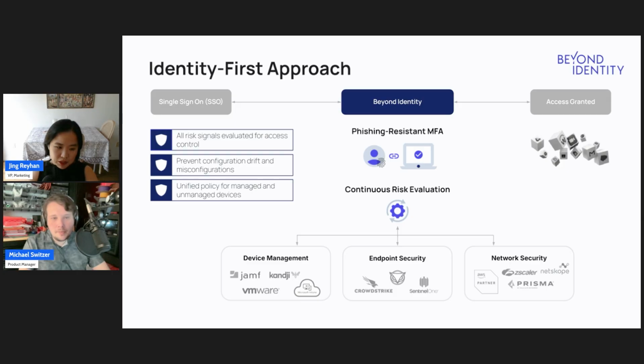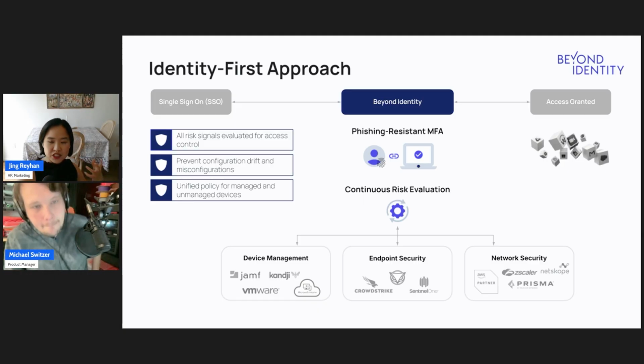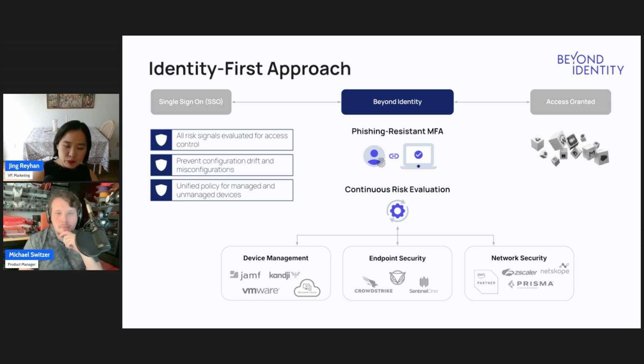Yeah, that's a much more elegant way of putting that, right? And I had skipped ahead to this slide because I think as you were talking, this is an interesting visual, right? So Beyond Identity sits in between your identity provider, SSO, and the applications. If you listen to different identity providers talk about their product, you'll hear them say, we built this to solve a productivity issue. I want to get users from point A to hundreds of applications in the least